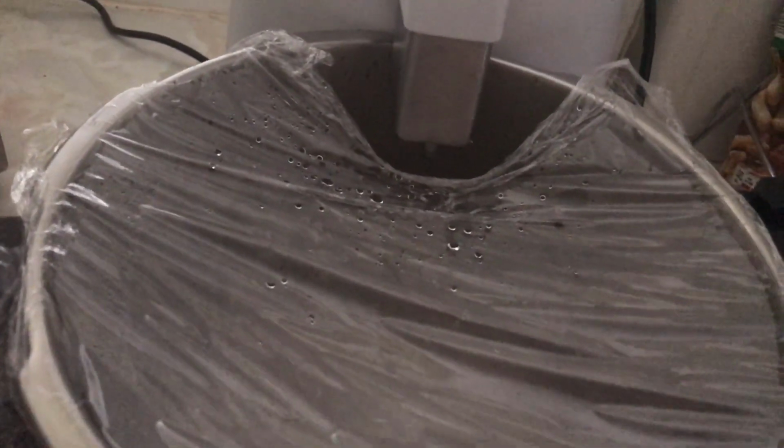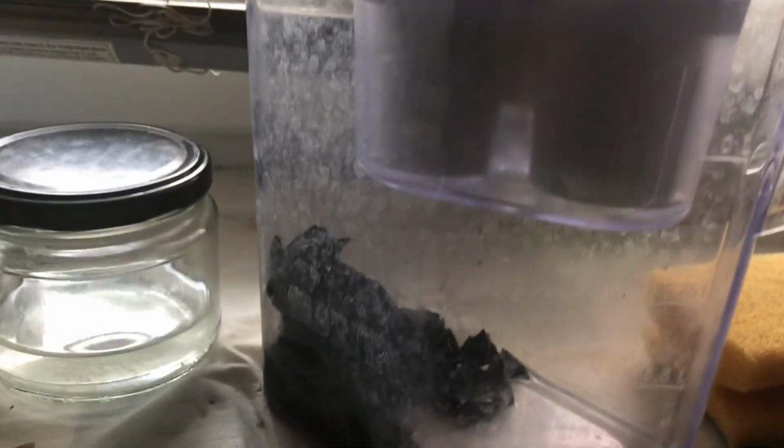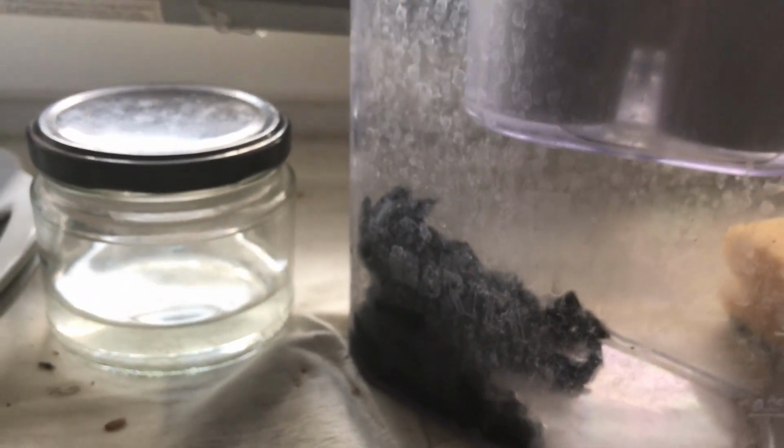And come to think of it, that was from filtered water that I used, so it went through my own filter. Let me show you guys. I used to use this container with that filter there, and I even had those stones. But yeah, it just doesn't work. So I'm going to show you when this is finished what it looks like,